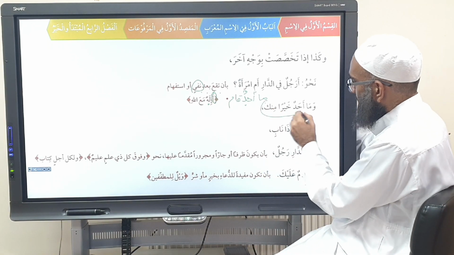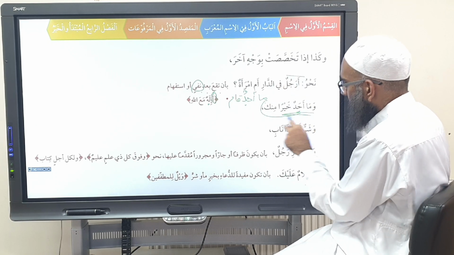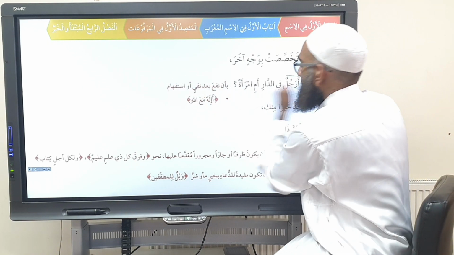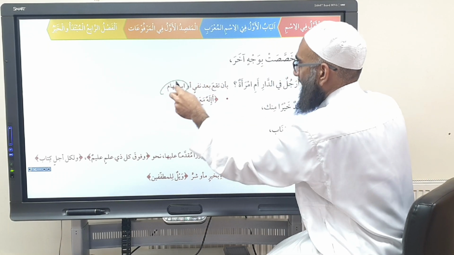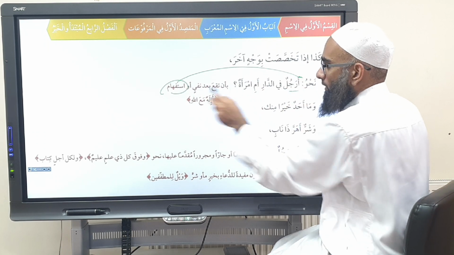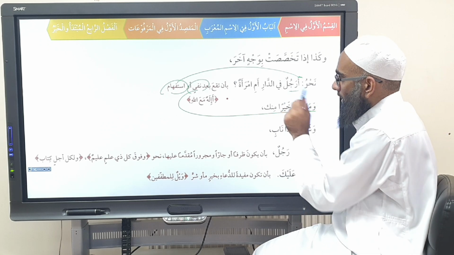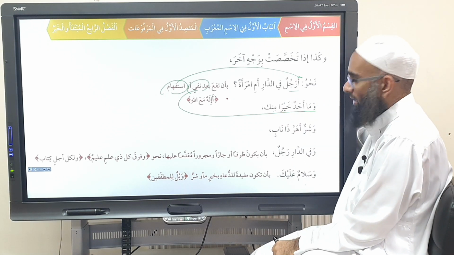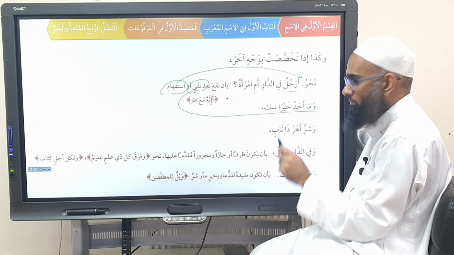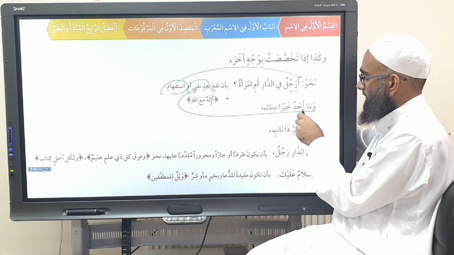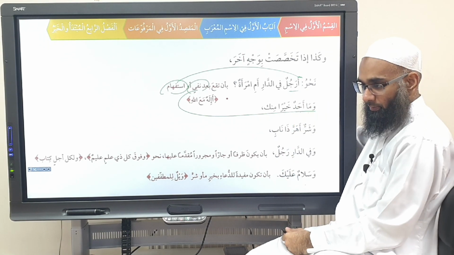For example, here, look. This is an example of istifham, ar-rajulu fi dar, and this is an example of nafi. Sorry, got it the wrong way around. Istifham followed by a nakira word, and nafi followed by a nakira word. So ar-rajulun fi dari am imra'atun. Is there a man in the house or a woman? A-ilahum ma'allah. Or ma ahadun khayran minka. Nobody better than you. So ahadun is nakira because it comes after ma. Okay? Yes?